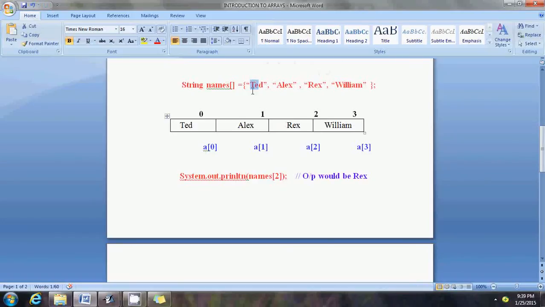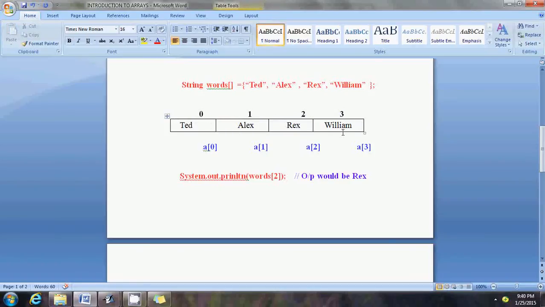The name of this array is going to be, say, words, where word of 0 is going to contain the first element, which is a string by itself. That is going to go here, and word of 1 is going to have Alex, because 0, 1, 2, and 3 are like room numbers. These are different rooms in an